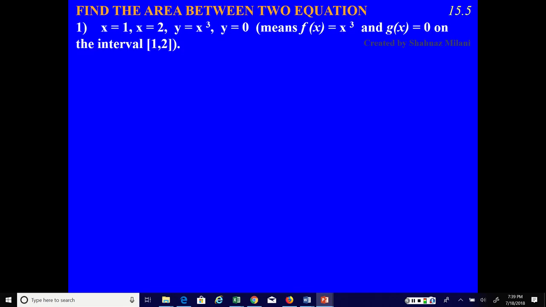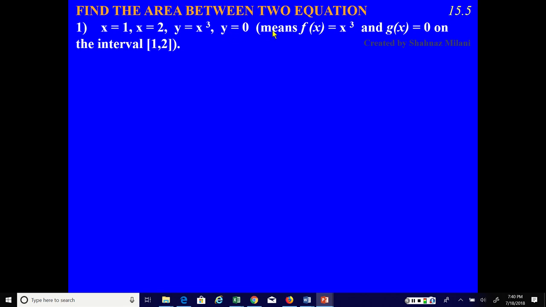This is Milani, Chapter 15, Section 5, Problem number 1. In this problem, we are trying to find the area between two equations. It can be two curves, it can be one linear equation and one polynomial with the quadratic equation or anything. Now, in this problem, it says I need to find the area between the x's 1 and 2, and my